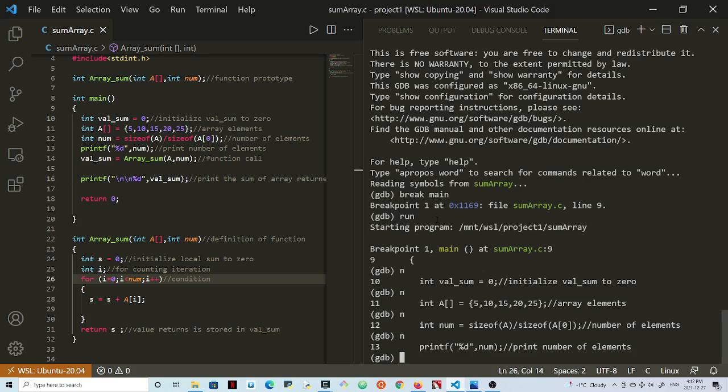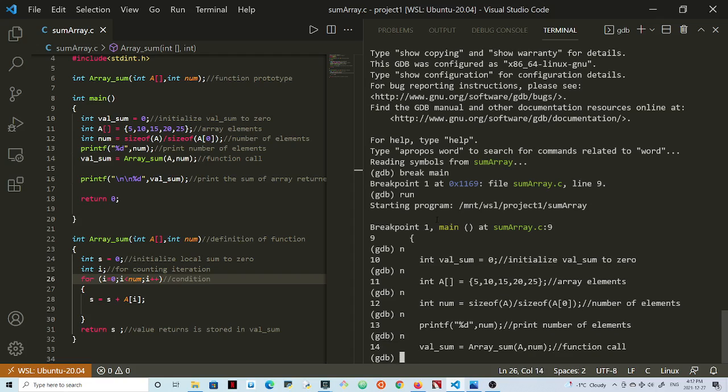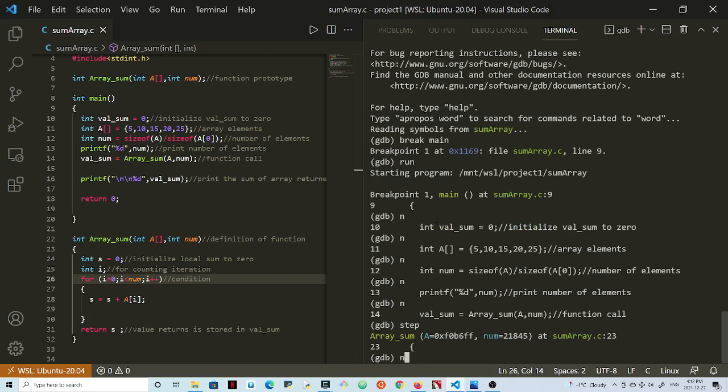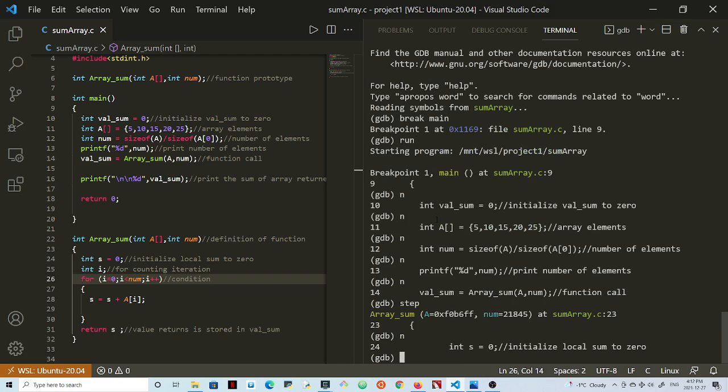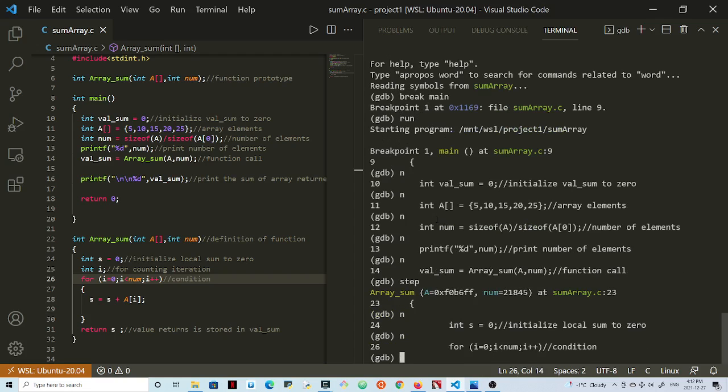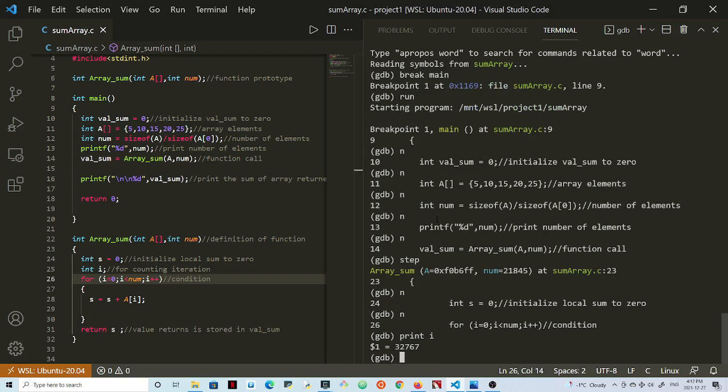So print num, we know that already. So go next, I'm into the function, I step into the function, I go next. So let's print I at this point. Okay, so this I, it's an int, so it goes up to 32767. Not too sure about that right now,